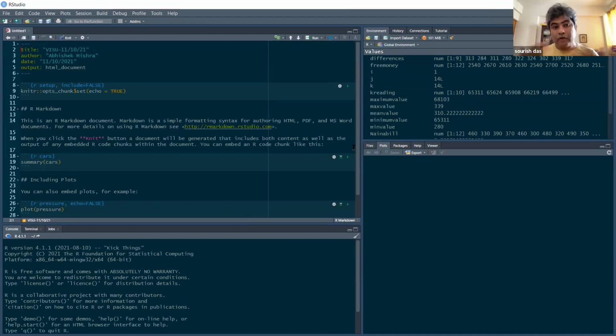R Markdown solves that problem, and it makes the development of the report very seamless. What it does is basically, so suppose you can go to,